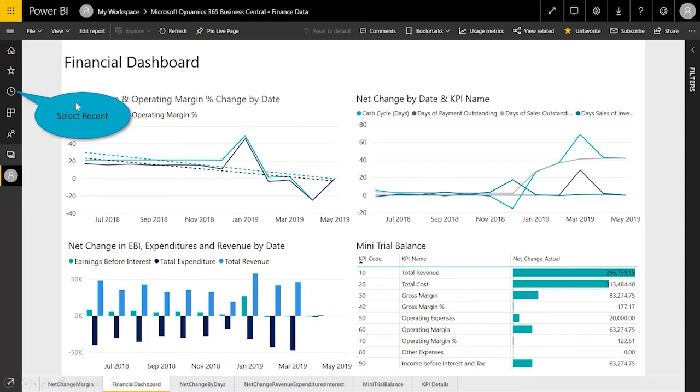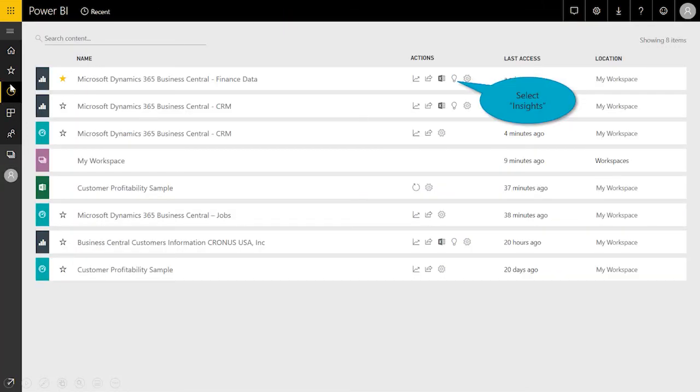And we'll open up this one right here. You'll see I get to my financial report, and this is where I see that rich, deep visualization that enables me to consume data and make good decisions for the business. Now I can select recent. Once I've looked at this financial dashboard, I'll click on the recent. And you can see here again all the different reports, dashboards, some spreadsheets that I have included in here as well